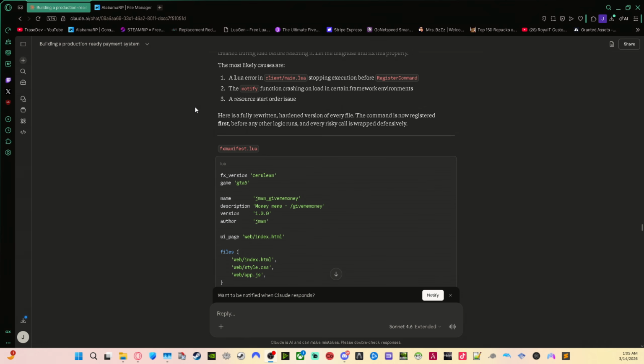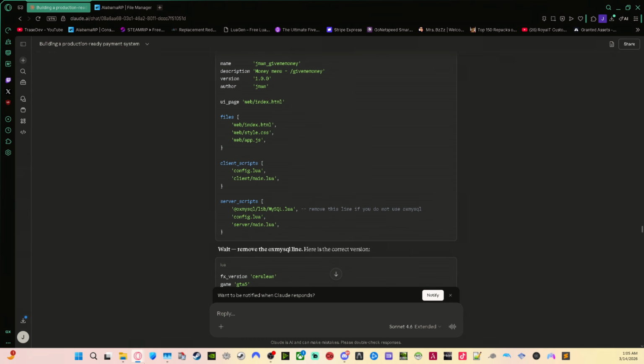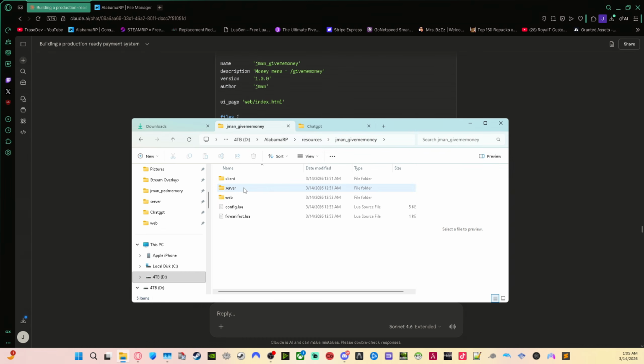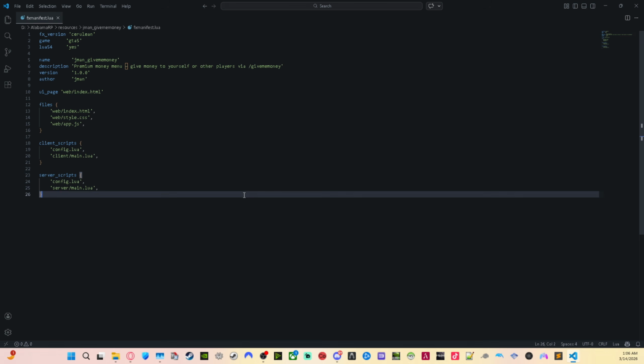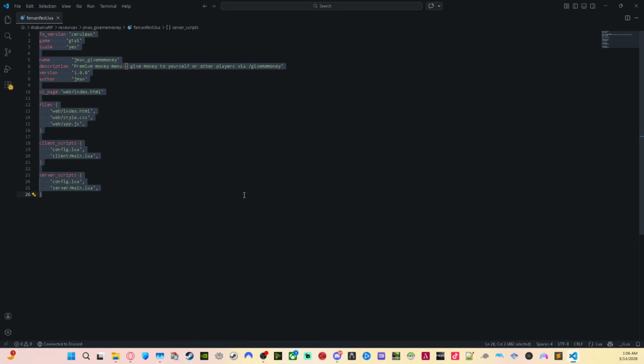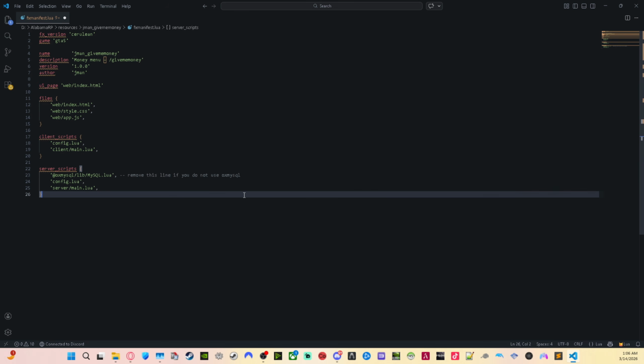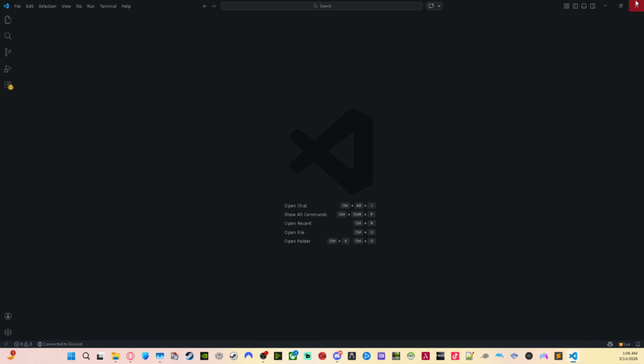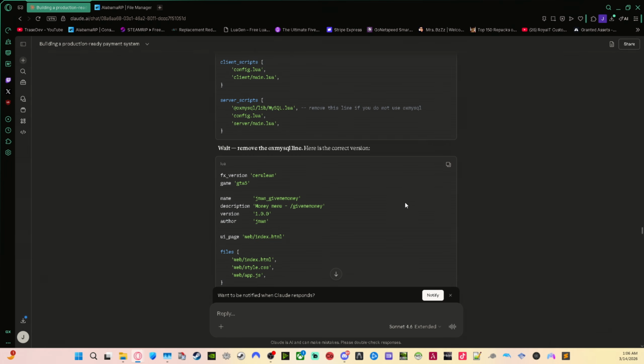So we're gonna copy the fxmanifest.lua, go back here, fxmanifest.lua, open it, press Control A, Control V, and then Control S to save it, or File, Save, X and X. Then next we got